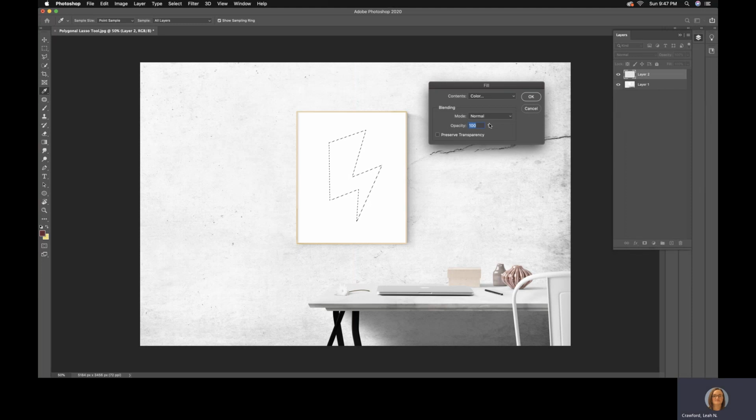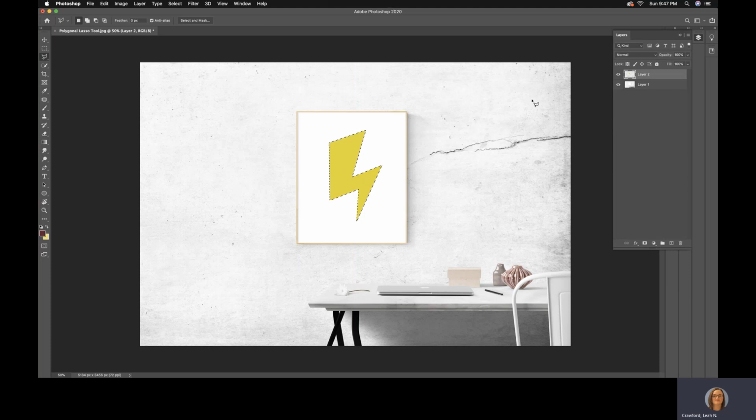I'm going to say okay. We want the blending mode to be normal. We want the opacity to be 100%. All right, and click OK. And now you've made a new layer with a selection using the polygonal lasso tool, and you can fill it